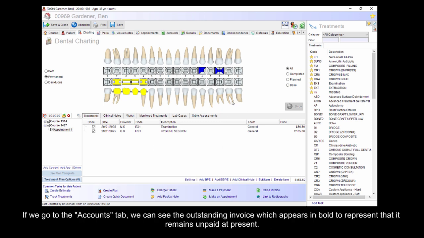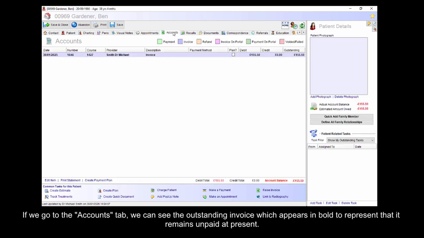Patient has now been charged. If I go to my accounts, I can see this outstanding invoice which appears in bold, and I can see that it's still in debit by £155. So let's make a payment,